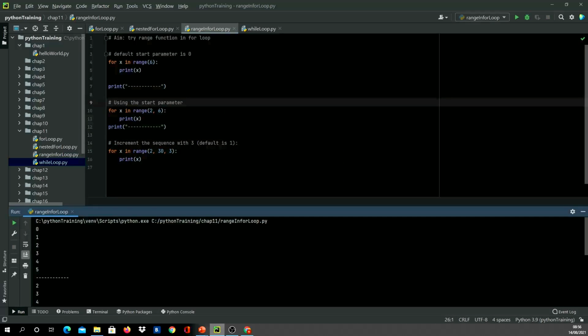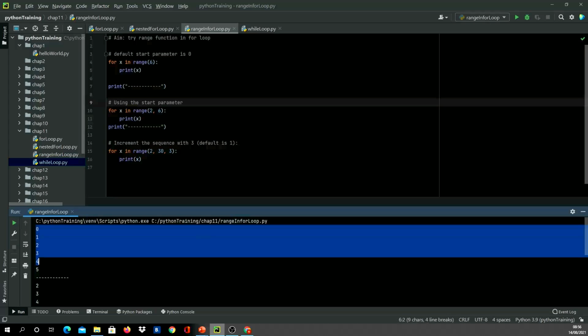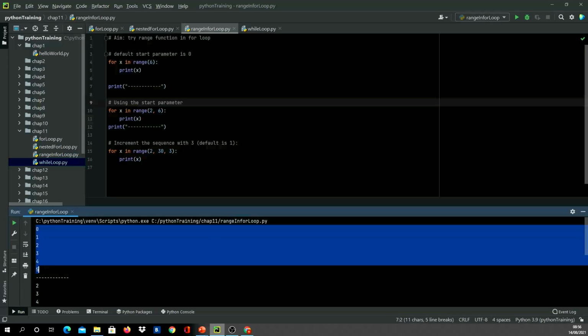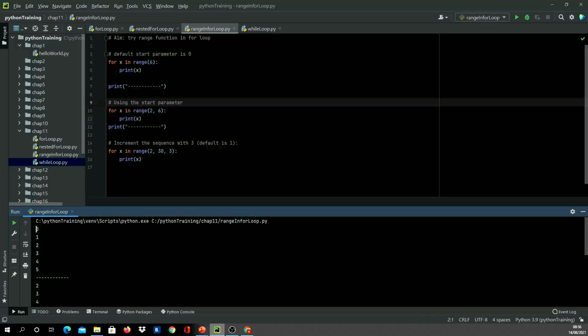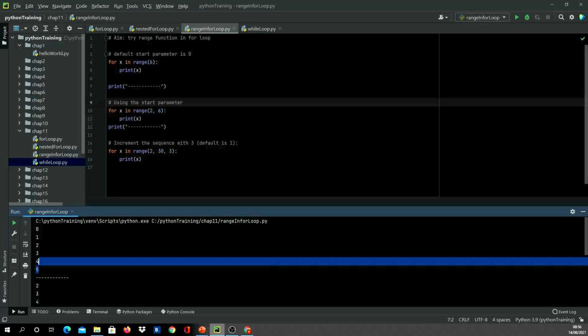So the first one runs from 0 to 5. I'm saying for x in range 6, print x. So here it starts from 0 and it will increment by 1 by default, and it'll run 6 times. Each time I print it, x will have a value from 0 up to 5, and once it has completed 6 iterations, it'll come out of the for loop.